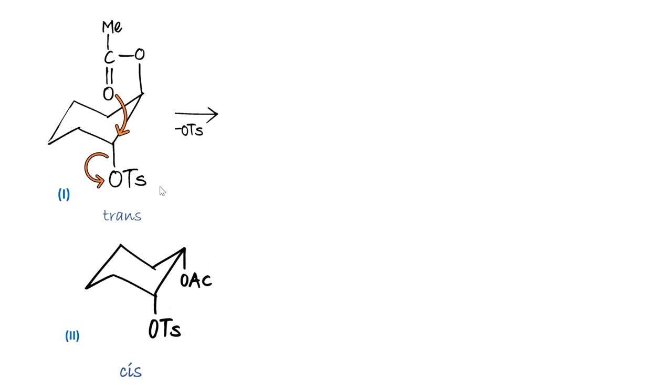So there will be a ring formation, which makes a new bond between oxygen and carbon. This is the first SN2 step, taking place within one molecule: the oxygen is attacking from the backside of the tosyl group and the tosyl group is eliminated. So it is the first SN2 reaction, which is an intramolecular SN2 reaction.